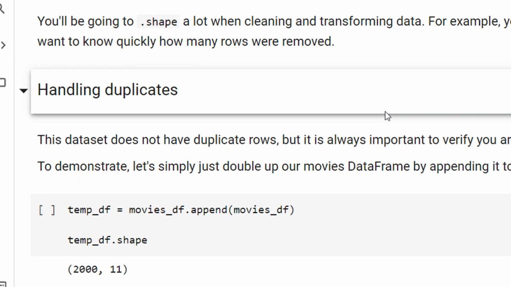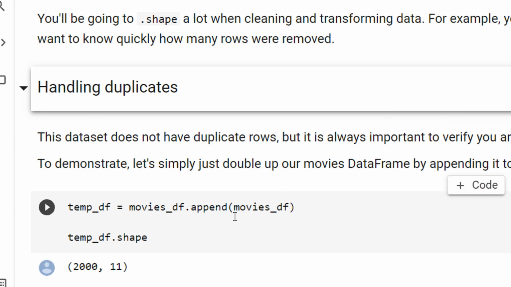Right? Now it may be possible that whenever you are dealing with a large data set, you may see that there are some duplicates in your data. Quite possible, right? So those duplicates, how do you remove them? First we will add duplicates and then we will remove the duplicates.